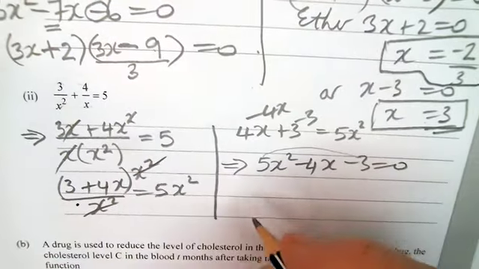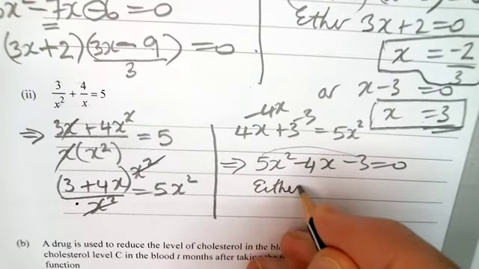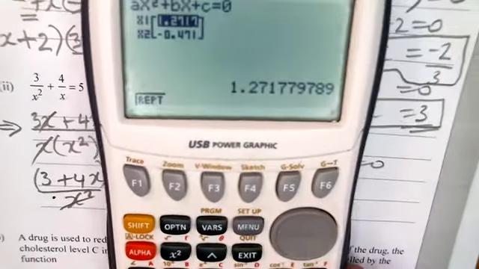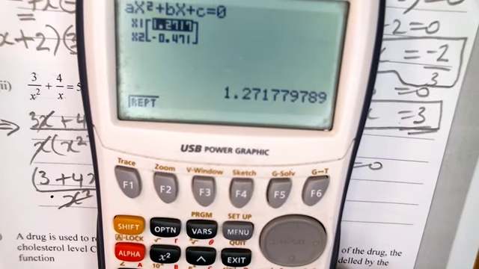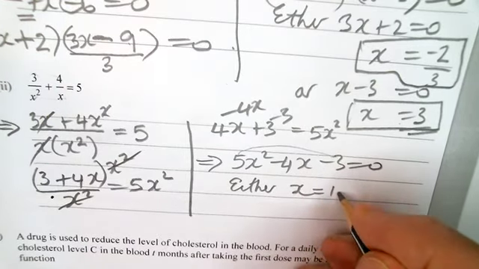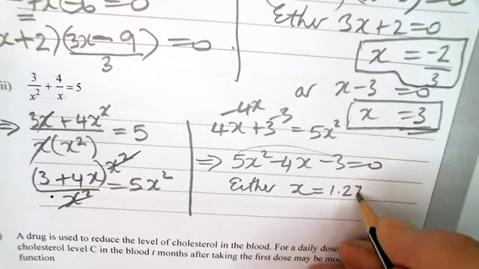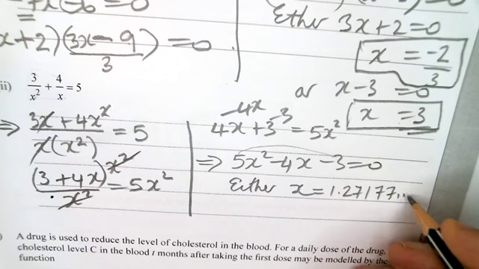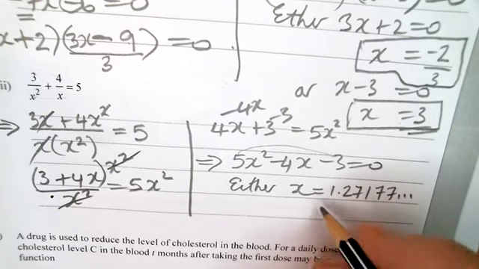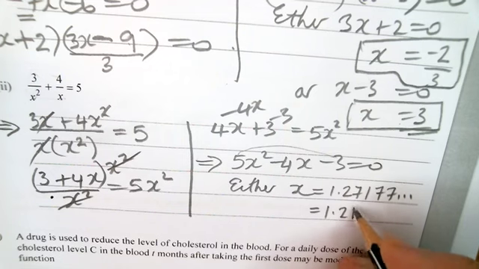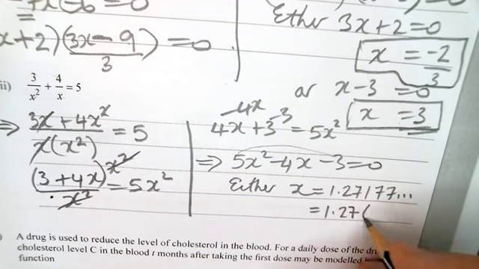So my first one is either x is equal to, I'm just going to read it straight up here. I've got them on the screen here. It's going to be 1.27179. So x equals, I'm going to put 1.27, I'll put 2 dp,